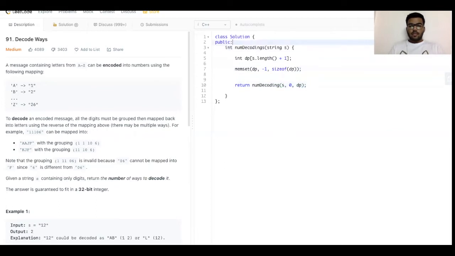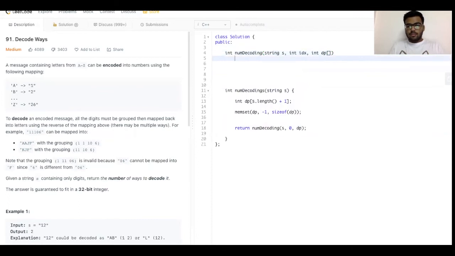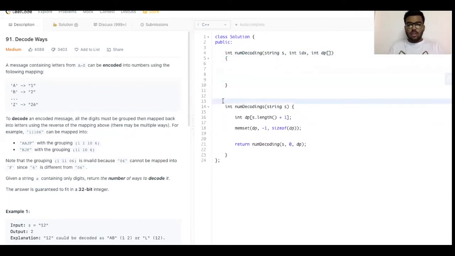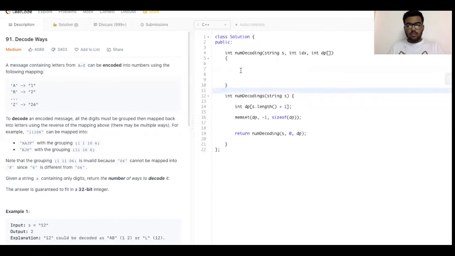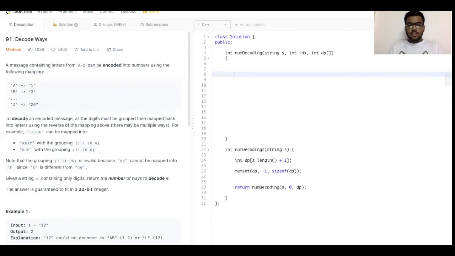Now in the function numDecoding, with string s, int idx, and int dp, we'll be doing the decoding. So let's write the base case that we discussed.